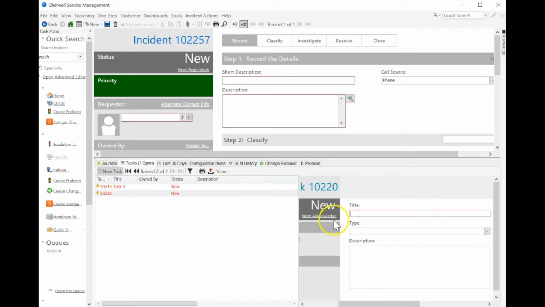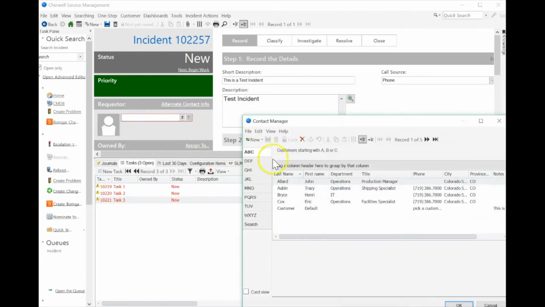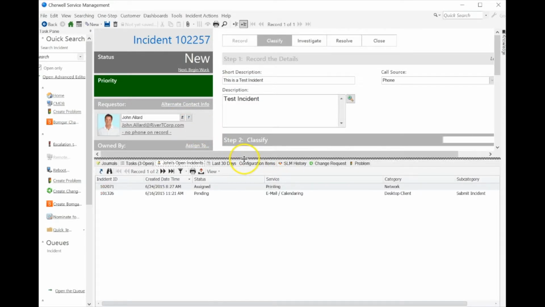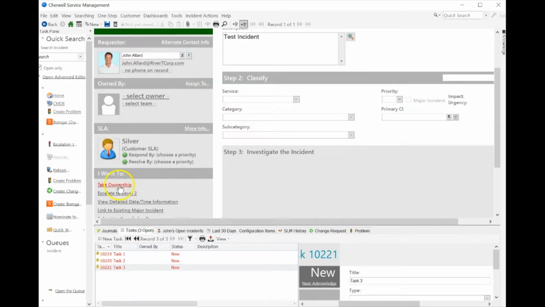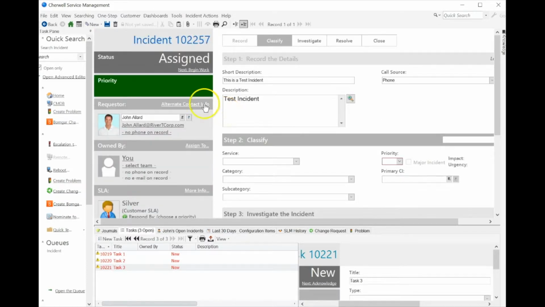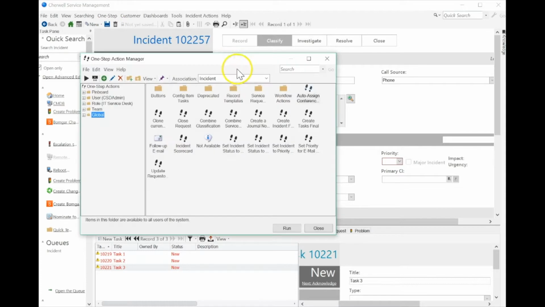I'm going to name them Task 1, Task 2, and Task 3. And what I'm going to do with these tasks, once I'm done filling out details on my incident, is act on these tasks. I want to perform an action on each of these tasks while also having access to all of the data on my incident record. So how can I do that? If I open up my one-step manager and I create a new one-step,